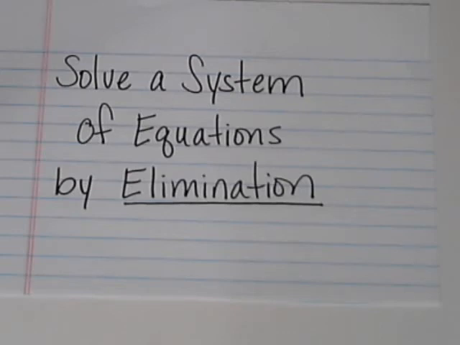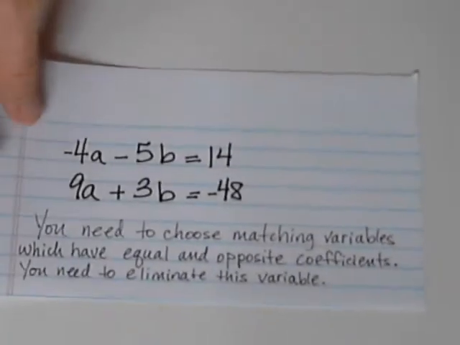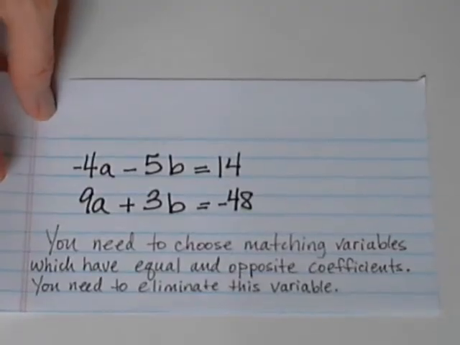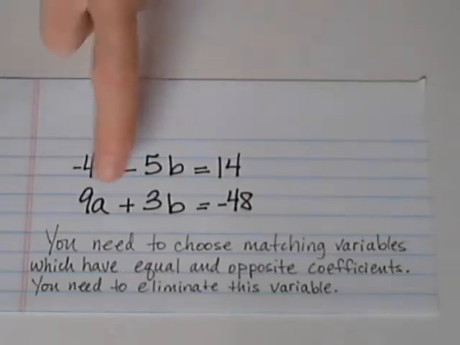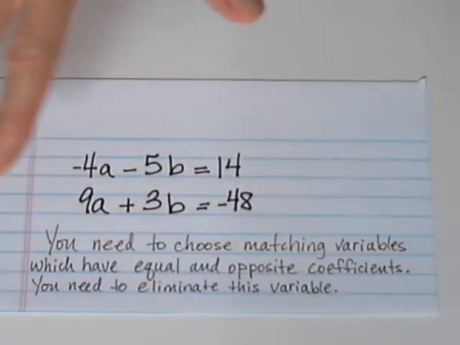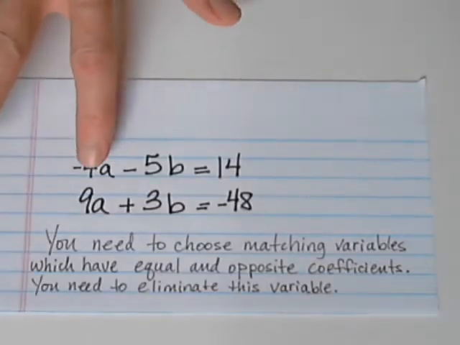Okay, so here we are solving a system of equations by elimination. Our first system is negative 4a minus 5b equals 14, and 9a plus 3b equals negative 48. And this could be x and y. Very often other variables are used, and you can think of them as still x and y and go in